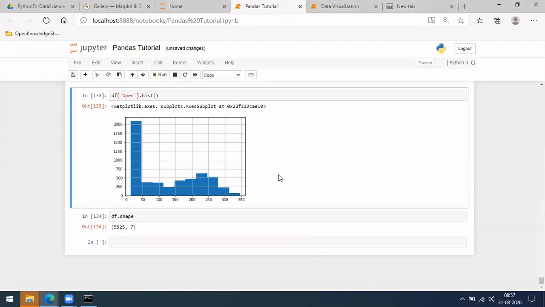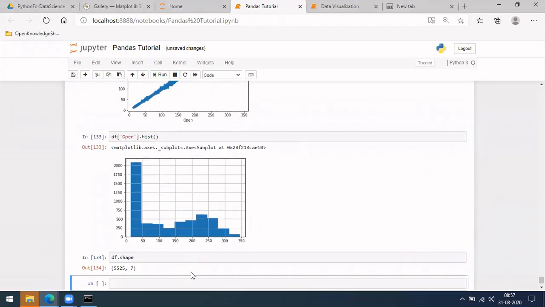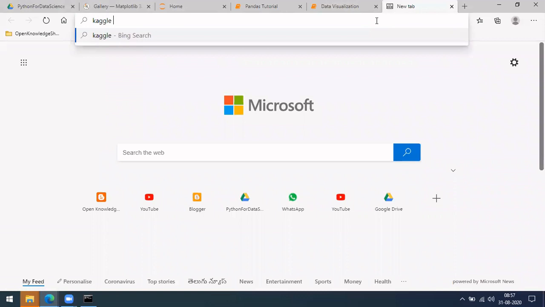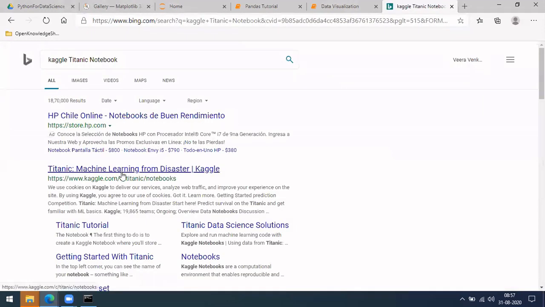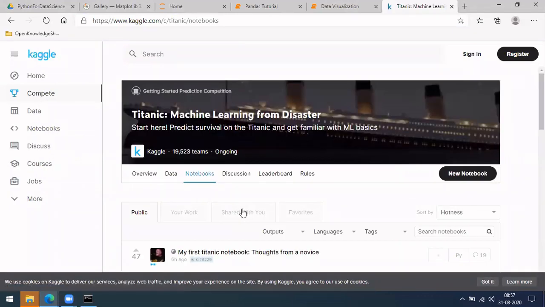Yeah, you can see here. So these are different kinds of plots. Let's define some categorical variables, in the sense of columns which have strings and things. Or else let me show one very nice example which was on Kaggle. I actually learned pandas and most of the other visualization using this notebook. So let me show the same to you.